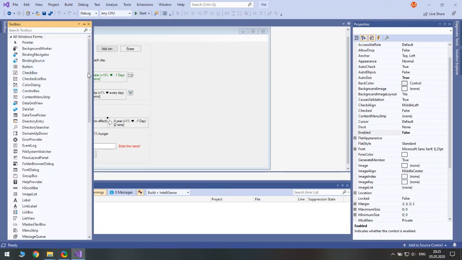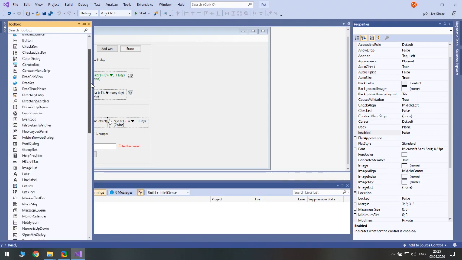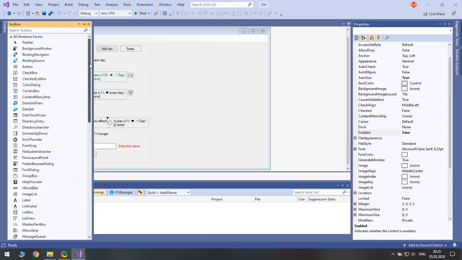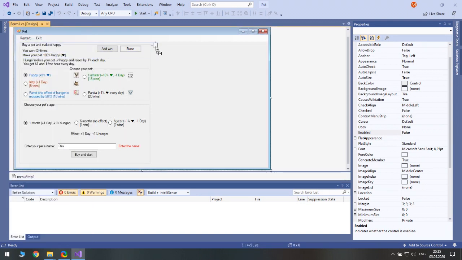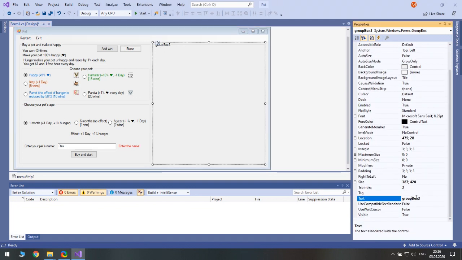Let's create the half with the game itself. The group box should be almost exactly as this one, but we will show the current day as the text of group box.